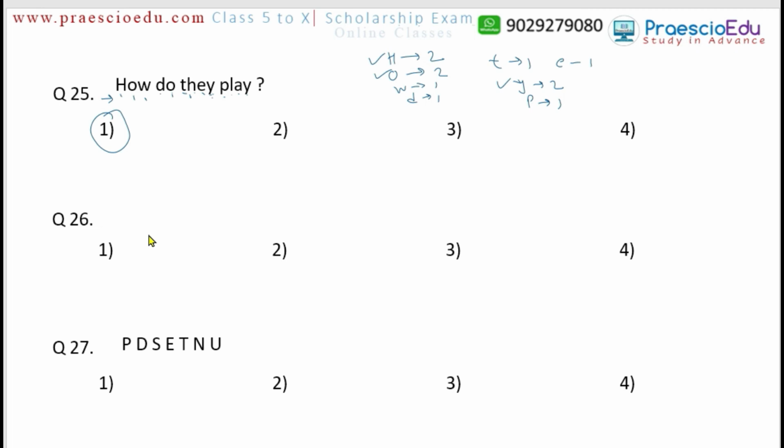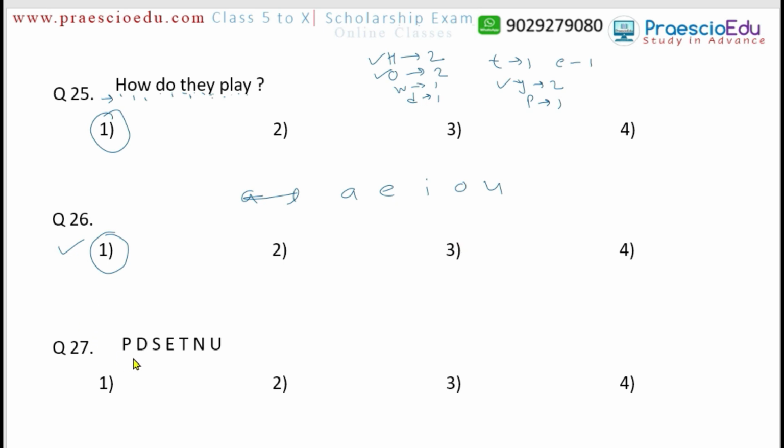So if you count from the starting to the end, vowels appear 13 times. So for question 1, 13 times is the correct one. Which are the vowels? A, E, I, O, U. These are the vowels. We just have to count how many vowels there are, including the repeated ones also. So that is the numbering we have to give here.